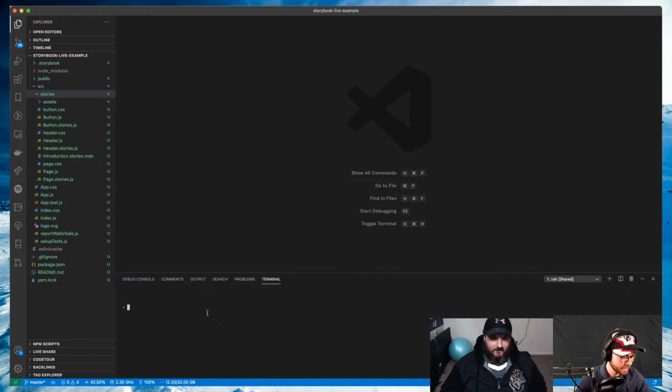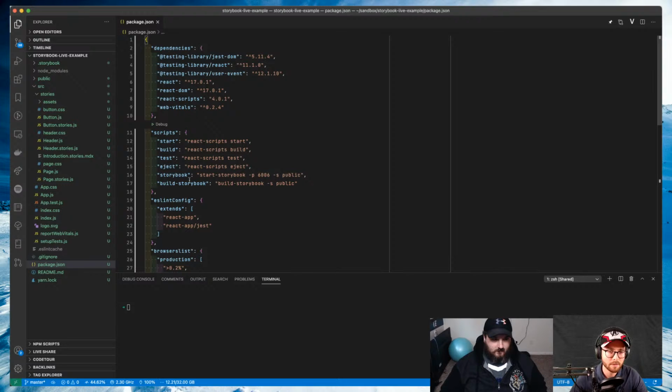So okay, let's see. Storybook is installed. In our source folder, we now have stories already coming with the storybook init command, and they also added a build and a storybook command to our package JSONs. And if we run storybook,